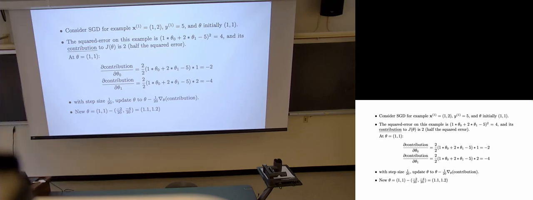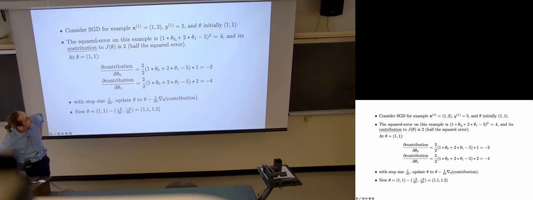So for example, if we have one data point x, which has 1 and 2, so this is a data point that has 2 features, and y is a label which is 5. So again, we're talking about a regression problem. Our parameters theta are initially 1, 1. The squared error on this example is this,